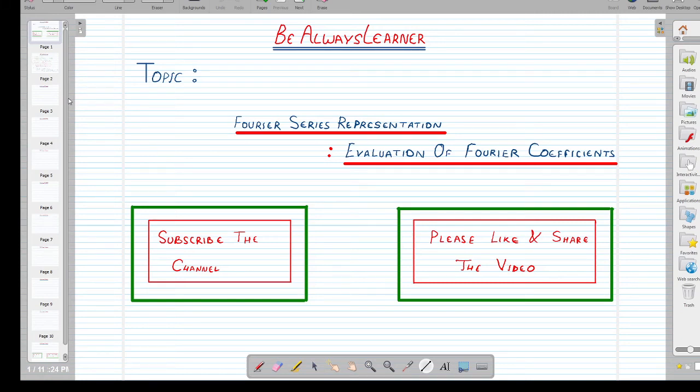वेलकम टू आवर चैनल बी ऑलवेज लर्नर। आज हम इस वीडियो में फोरियर सीरीज रिप्रेजेंटेशन का सब टॉपिक, जिसमें कि हम इवेल्युएशन ऑफ फोरियर कॉफिशिएंट्स करते हैं, जिसमें हम फोरियर कॉफिशिएंट्स की वैल्यू निकालते हैं,